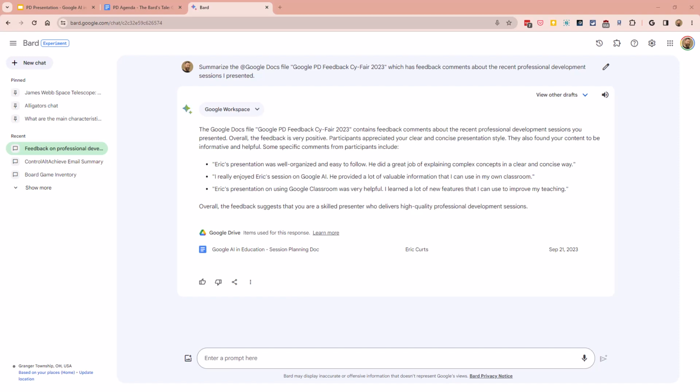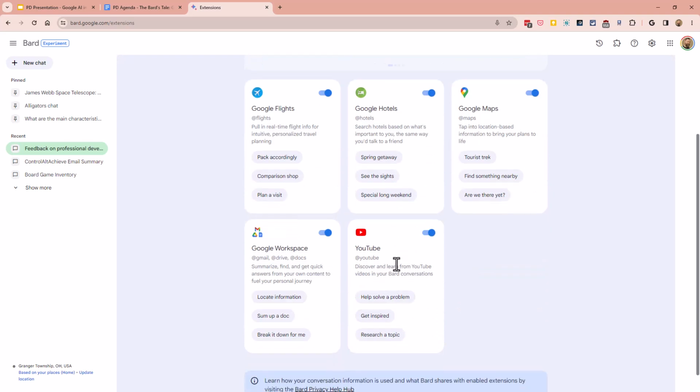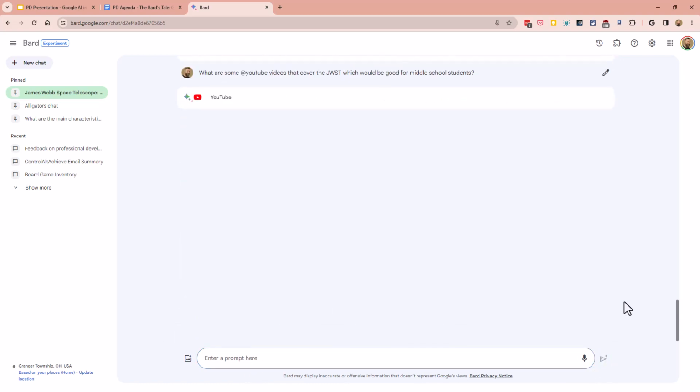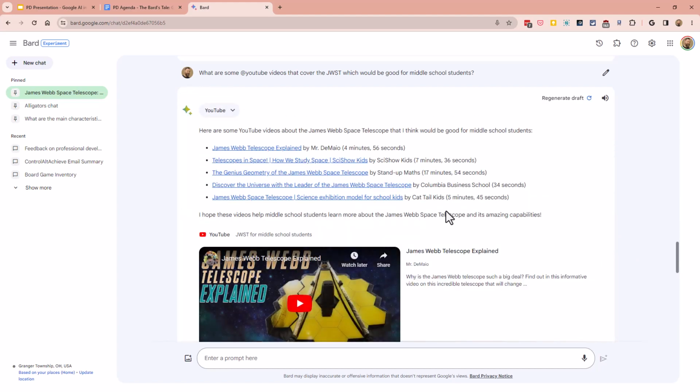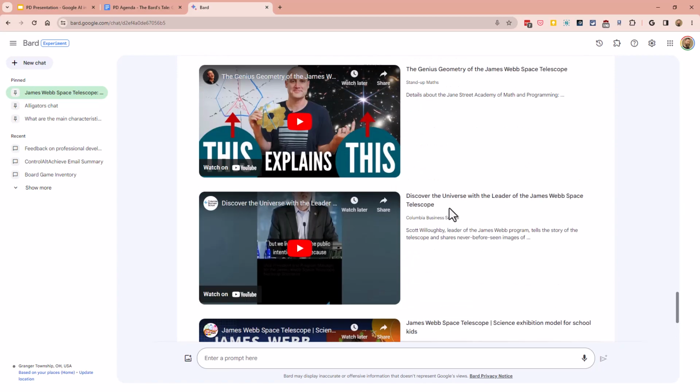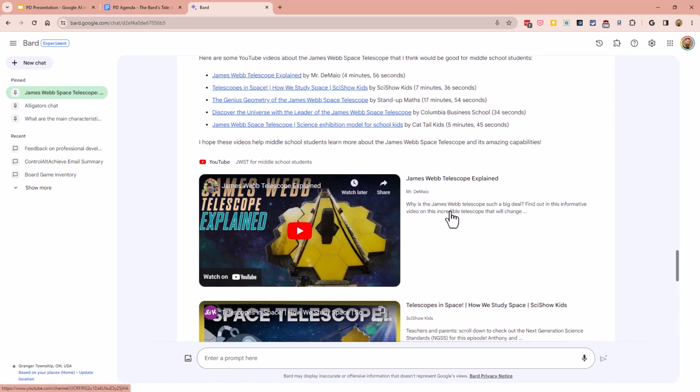All right. Last ones as far as extensions go. Let's see. We haven't looked at the extensions yet for YouTube and Maps. So let's at least hit those. Let's jump back over to James Webb. Let's say we wanted to say something like, hey, what are some YouTube videos that cover the James Webb Space Telescope that would be good for middle school students? So because I put in the @YouTube there, it is going to use the YouTube extension. It's going to contact YouTube, and now it is finding some good videos about the JWST that hopefully would be reasonably appropriate for middle school